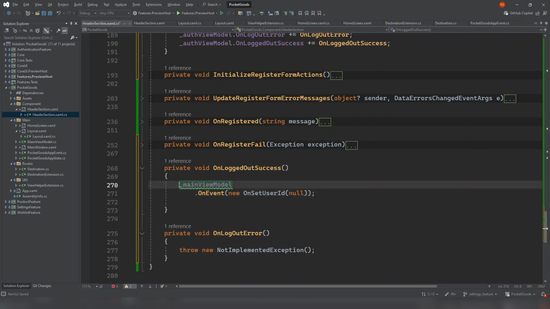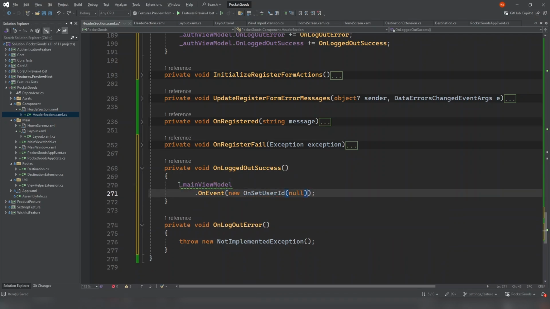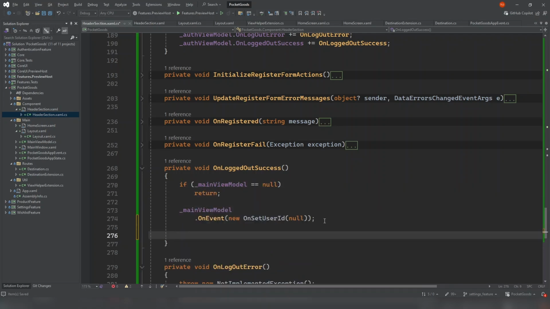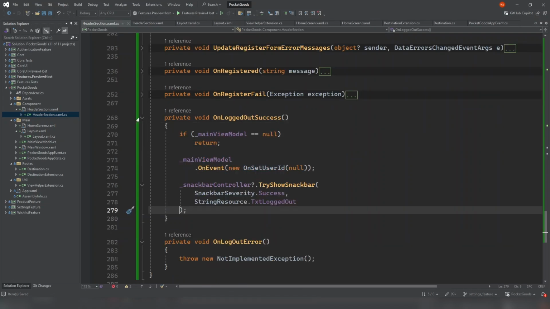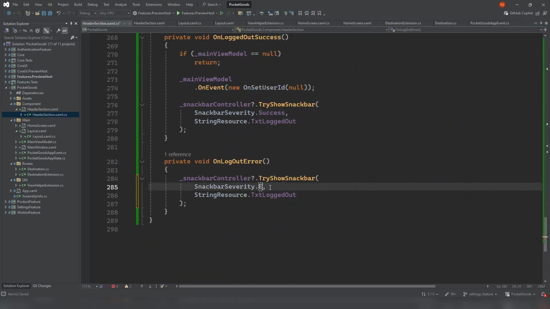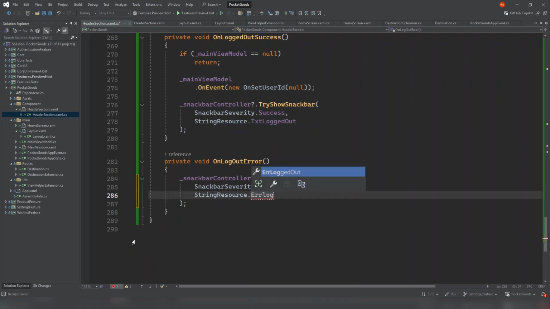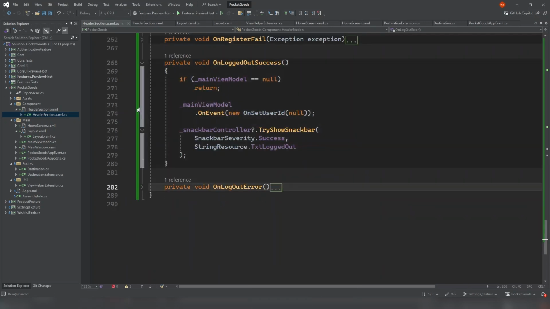And of course we have to check. Without checking, I guess, I'm going to do here the null safety operator. All right, I'm going to check anyway. Early return. I'm going to show a snack bar message text logged out. On logout error, I'm going to show a snack bar message error logged out. I'm going to copy this, paste it here. Instead, it should be error and error logged out or logout, whatever. All right, I'm going to fold this,